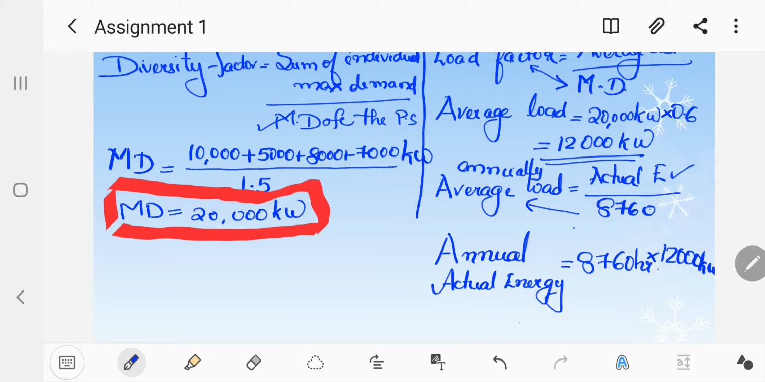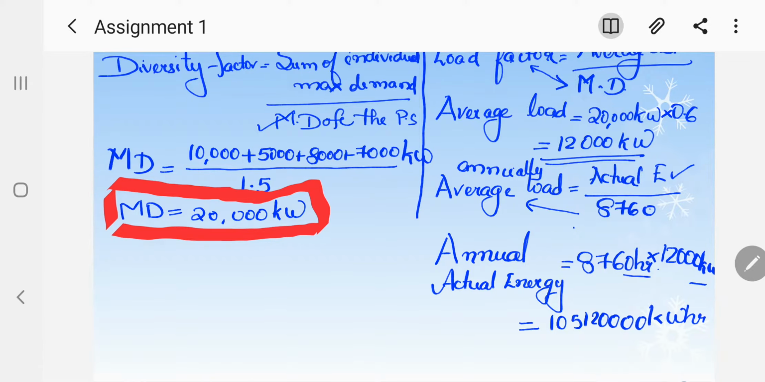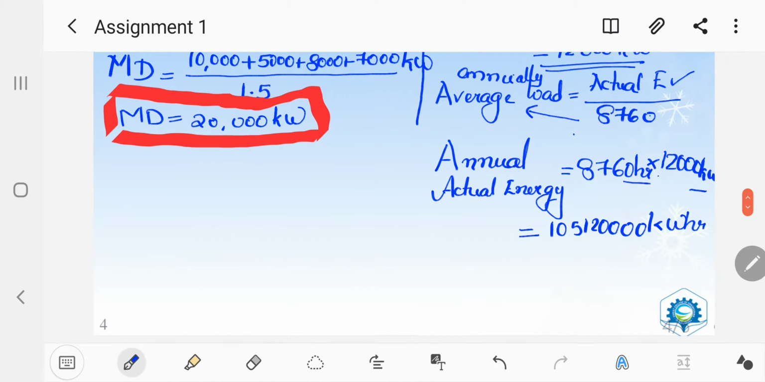So what will be the answer then? You will get the answer as 105,120,000 kilowatt hour. Now we can simplify this one and easily write it as 105.12 into 10 raised to 6 kilowatt hour. So the annual energy